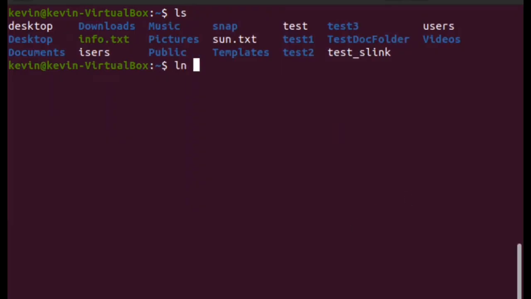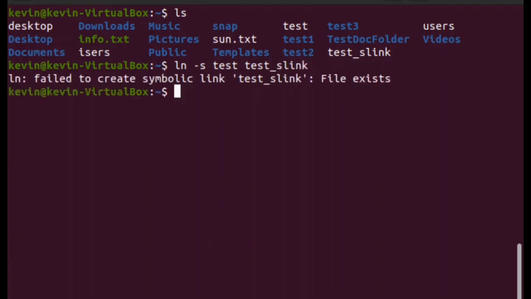So now what I'm going to do is ln -s for soft link or symbolic link. And then I'm going to put the source file, and then where I want to link it to, test s link. Oops, I need to spell it correctly. There we go. Okay, so we'll do ln -s. It didn't like that I already created the file, so we'll let it create the file. So test, let's say test underscore